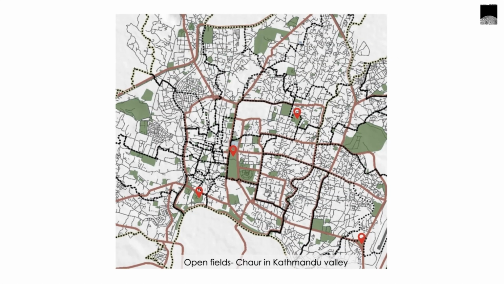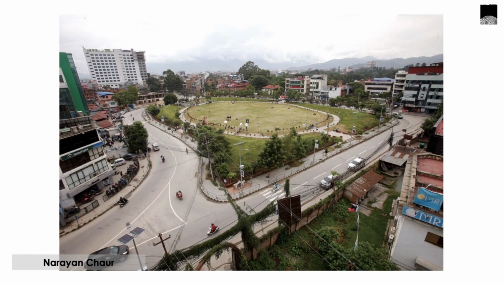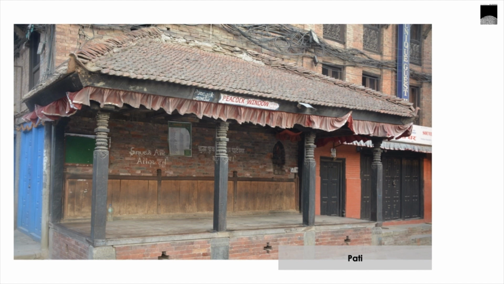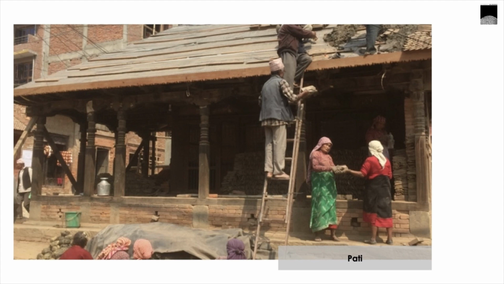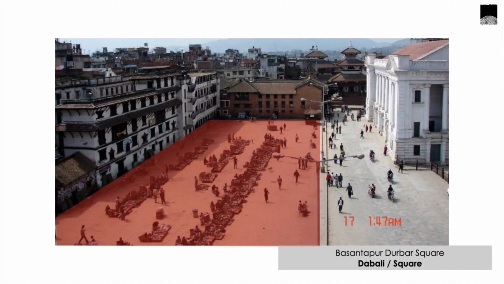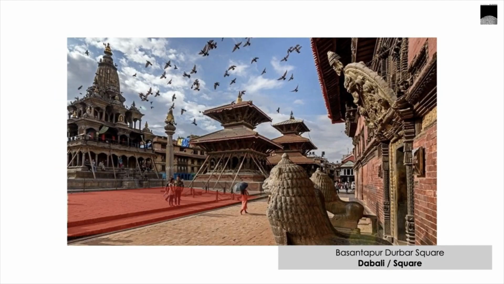Just like Tudikhel, Kathmandu's unique organic planning is an interwoven mesh of thoughtfully placed open spaces, such as Chaur, which is an open field such as Narayan Chaur and Sano Gaucharin; Chautari, a platform with large tree used as a gathering space or rest stops; Pati is a meeting place for social and religious gatherings and also a rest stop for travelers. Another important element is Dabali or public squares, a multifunctional market space for mass gathering, cultural processions such as Indrajatra, and also leisure activities.